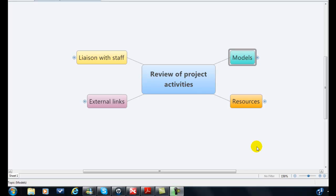This mind map is designed to be a concise summary of 4 different areas of project activities that we've undertaken in the last 9 months. It looks at the different models of support we have explored. It looks at the resources we've used and developed. It looks at the contact I've had with other staff in the department. And it looks at a couple of workshops and presentations that Ian and I have undertaken to present this project